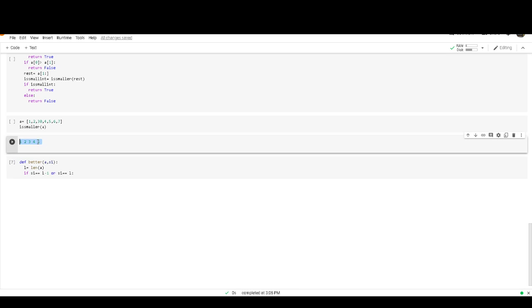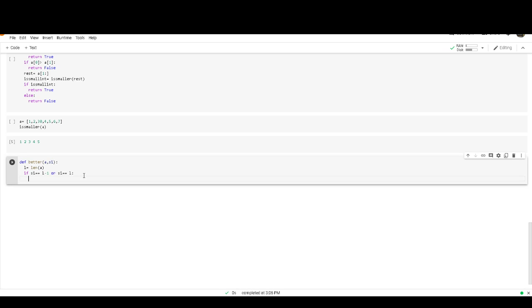L is 5, the last element of the input, and L minus 1 is 4. Once it completes the execution and reaches the end of the program, it needs to return the output, so we will not get a recursion depth error. So we need to return true here.